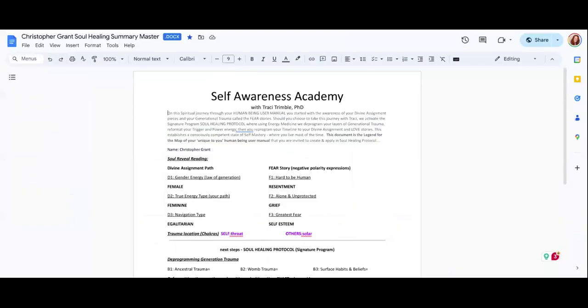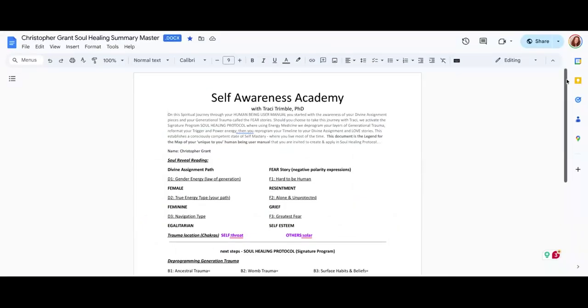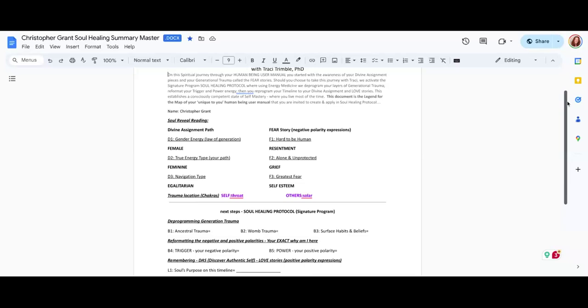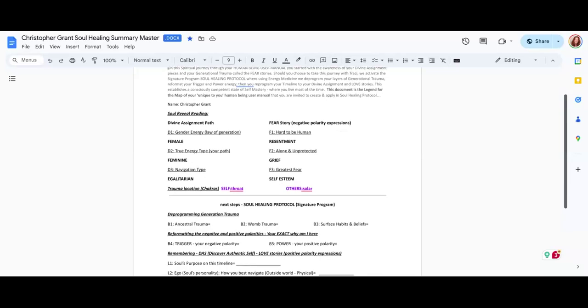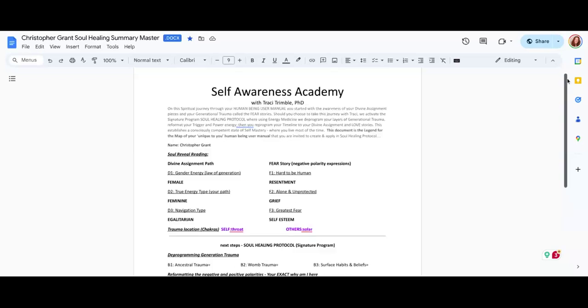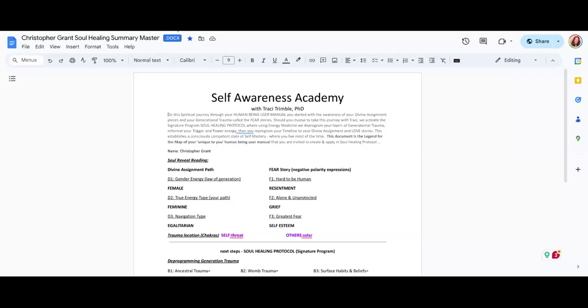So you would know all the information that you need to put into it, and it would look like this. Oops, I've got to share this tab instead. It would look like this. So you would know he's female, feminine, egalitarian. He's resentment, grief, and self-esteem. His throat is self. His solar is others. Now that document has changed a little bit,